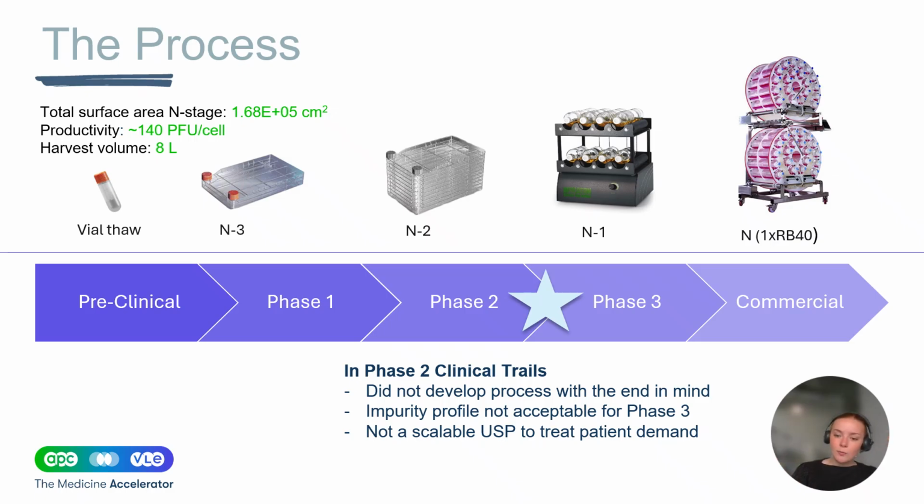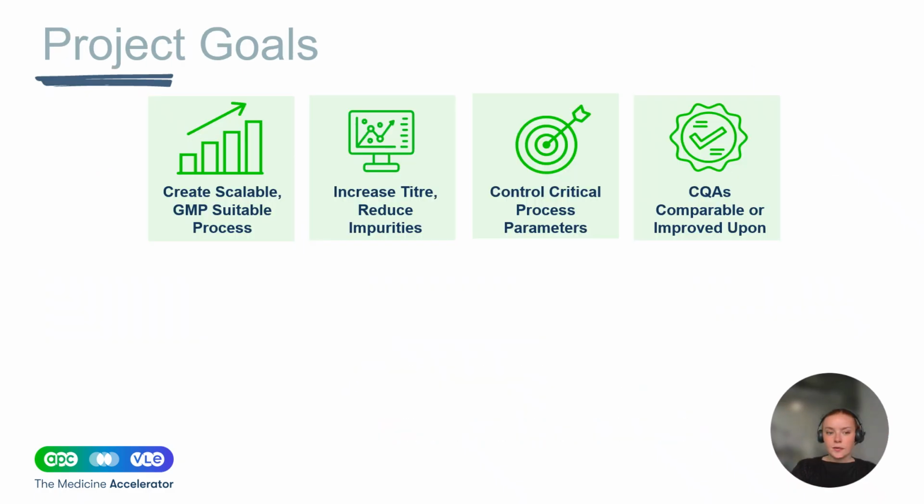And as well, our upstream wasn't scalable to treat the patient demand or to have a robust upstream. It was very manually intensive. And you can see there only an 8-liter harvest volume and quite a small surface area. So if we were going to scale this to the patient demand, we would need a warehouse full of those ORB40 roller bottle units. So the project goals were to create a scalable GMP suitable process,